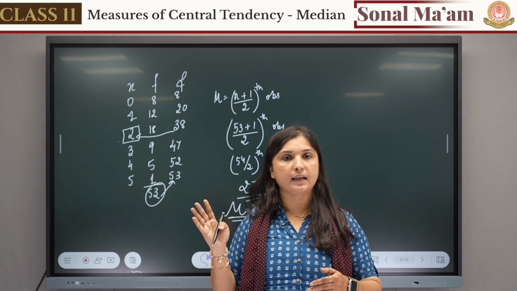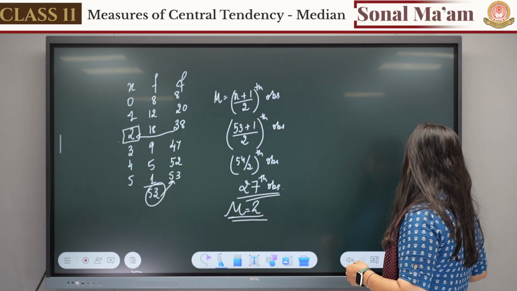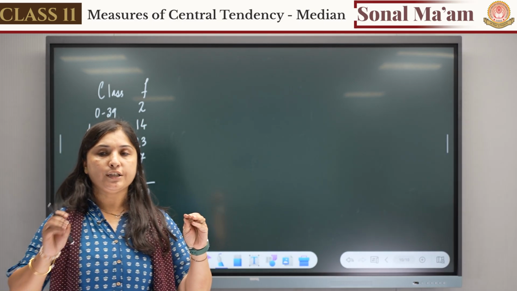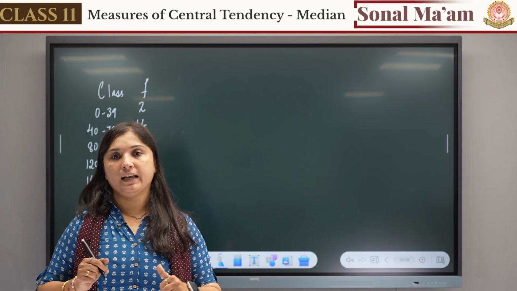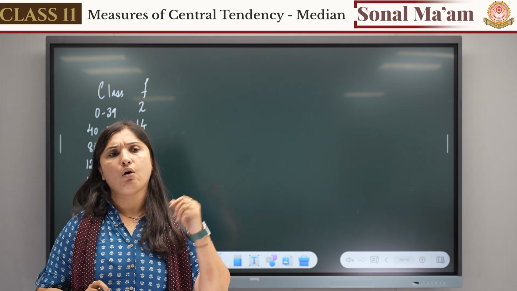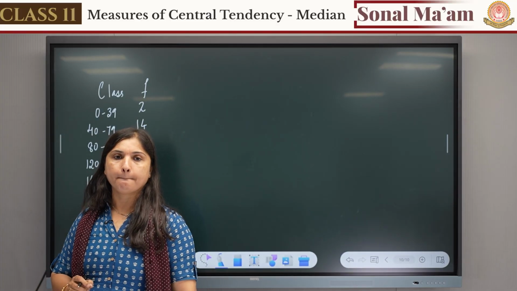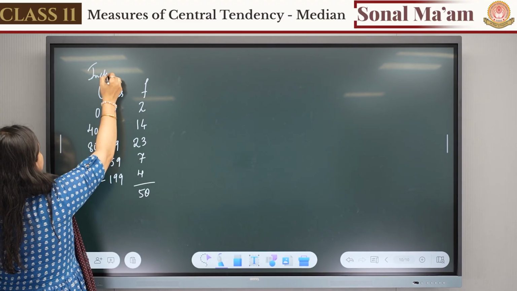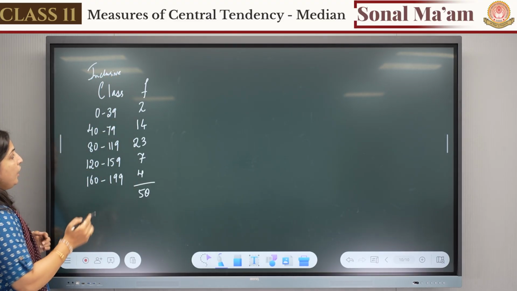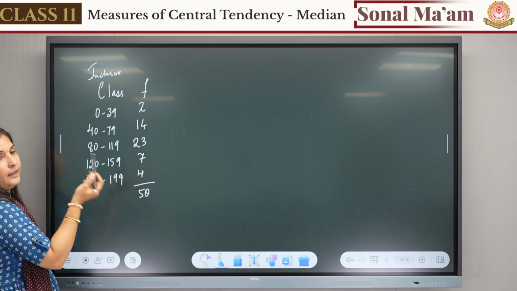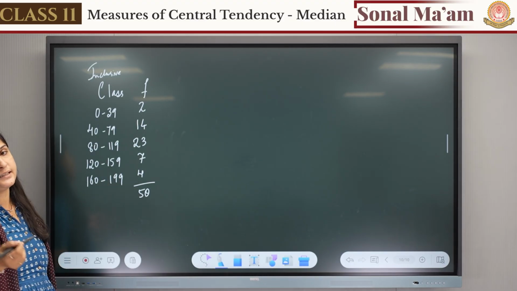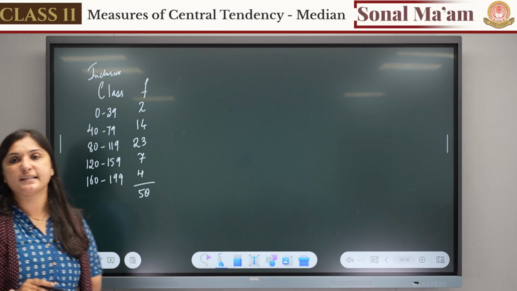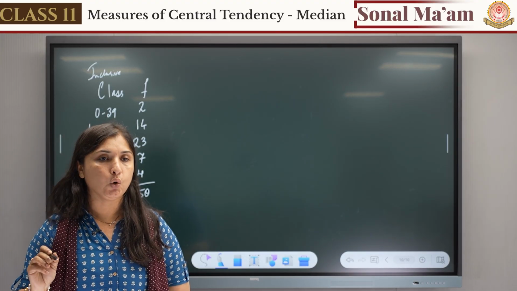Shall we do an example of classes? Okay? Okay, fine. Yeah, classes हैं, frequency भी है, right? First of all, tell me which kind of data is this? Is this inclusive data or is this exclusive data? This data is inclusive. And how did you find that this data is inclusive? Because the upper limit and the lower limit of the next class are not the same. यहाँ पे 39, यहाँ पे 39 नहीं है. And if it is not same, the data is inclusive.